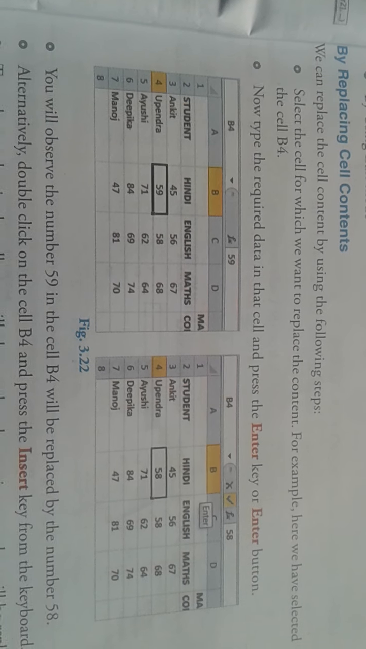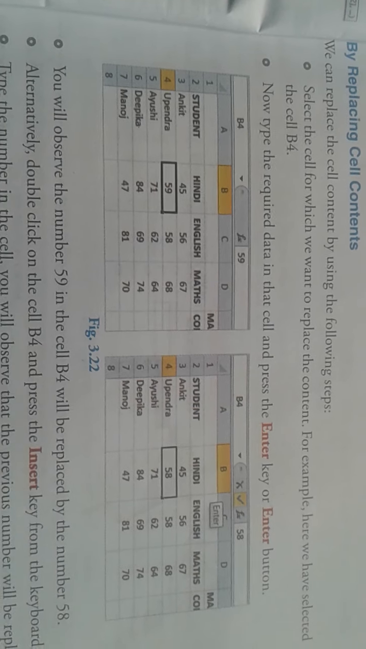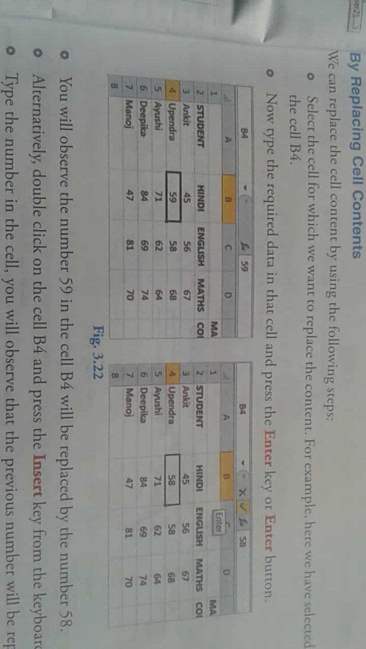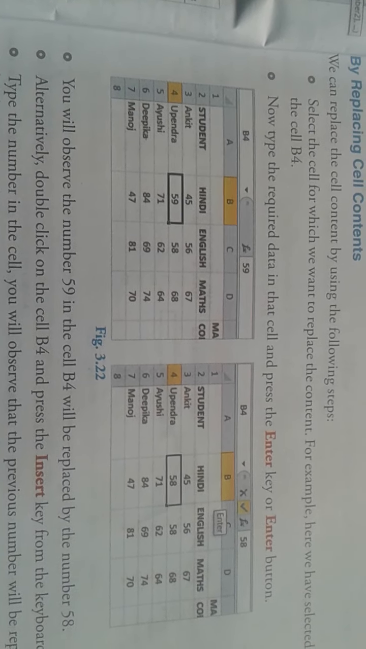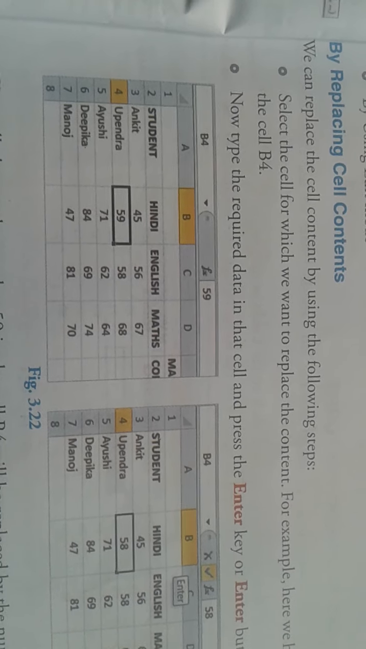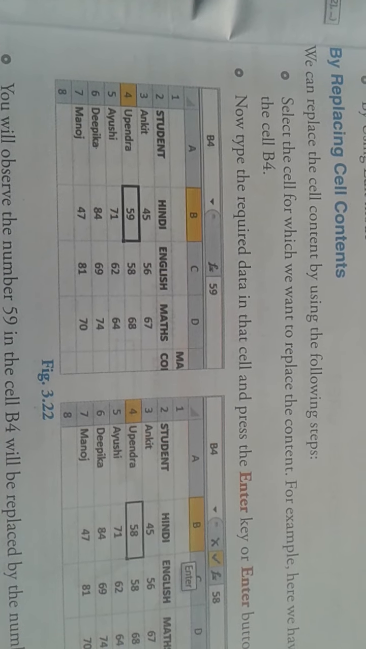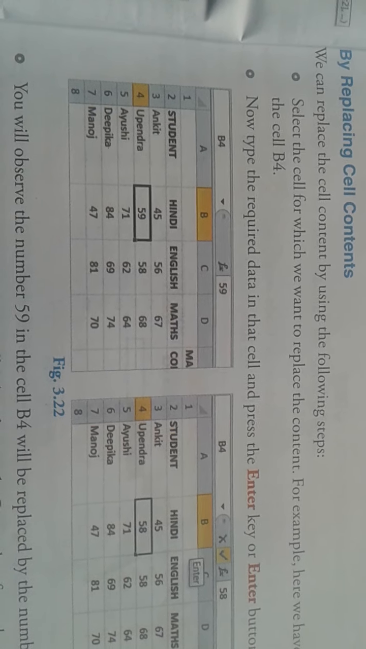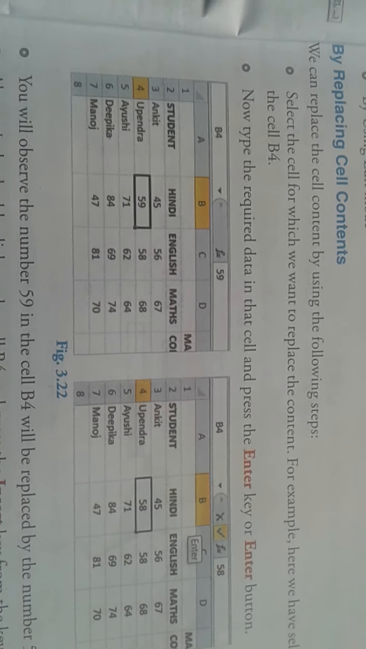Using edit mode means let us follow the given steps to understand it. First of all, select the cell whose content we want to edit. For example, here we have selected the cell B4. The B4 cell is selected. Observe the change of mode from Ready to Edit on the left side of the status bar. Select the data in the cell you want to change. For example,